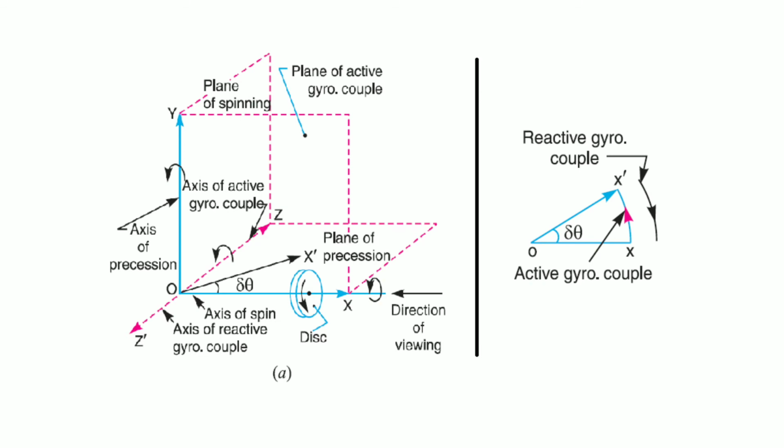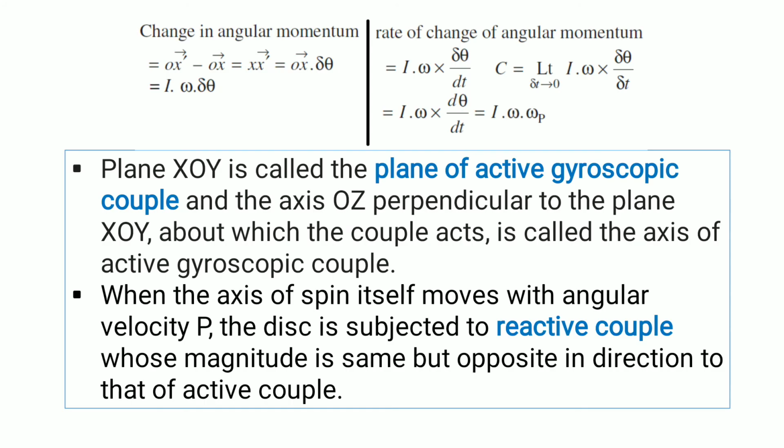Now let us see, the change in angular momentum is equal to OX dash minus OX, so it is XX dash. This is the change in angular momentum, which is OX into delta theta. Now OX is nothing but I into omega. So the rate of change of angular momentum is equal to I omega into delta theta by delta t. So the couple is equal to